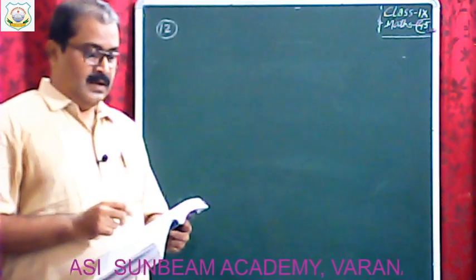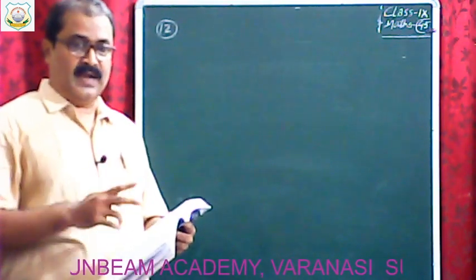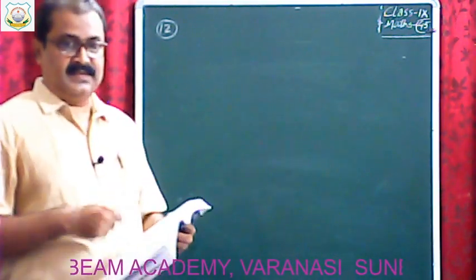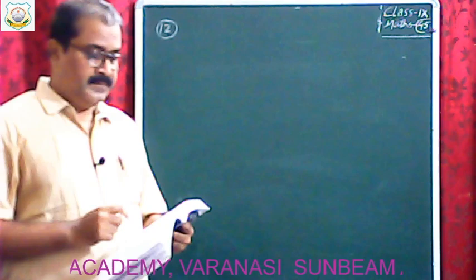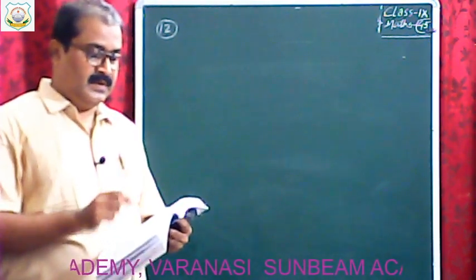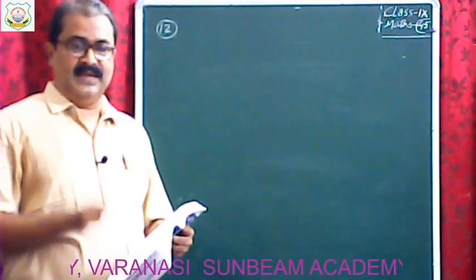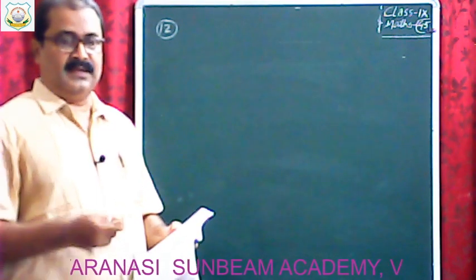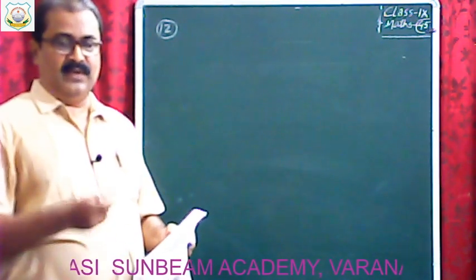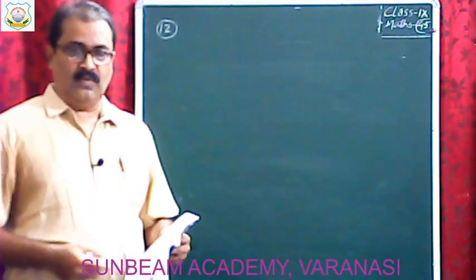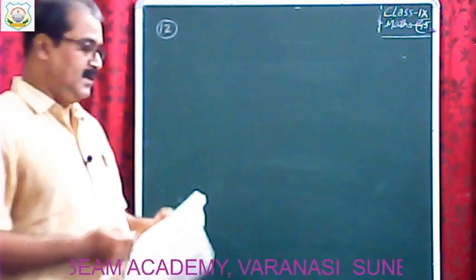Means the perimeter of the triangle is given, 50 centimeter, and the relation of two sides with the smallest side is given. If you suppose the smallest side be x, then we get the remaining two sides of the triangle, and thereafter the perimeter is given. So the sum of all three sides equals the perimeter. So in terms of the variable we get one equation, and we have to find the value of the variable, and thereafter we get all three sides, and using Heron's formula finally we have to find the area of the triangle.